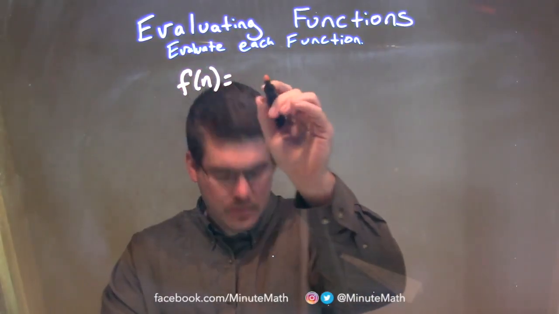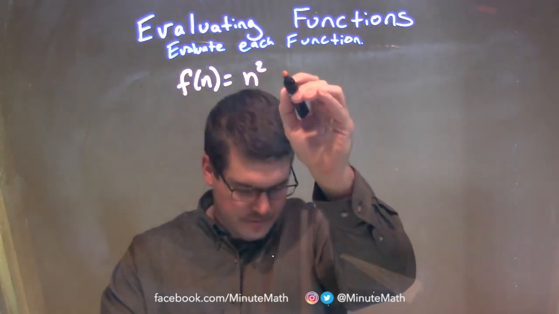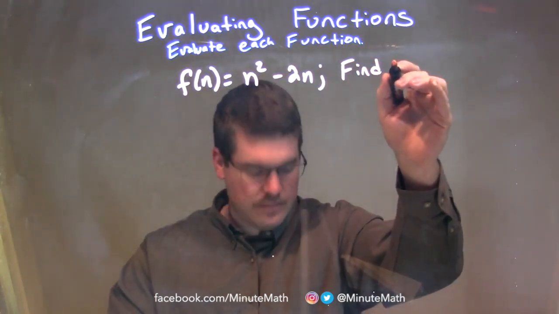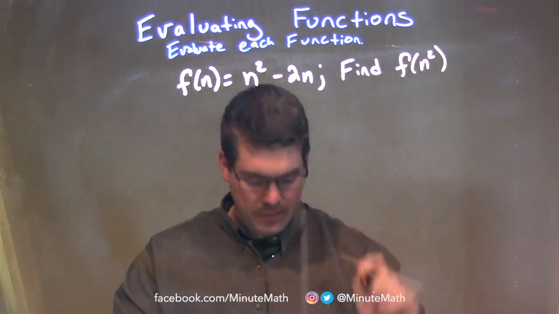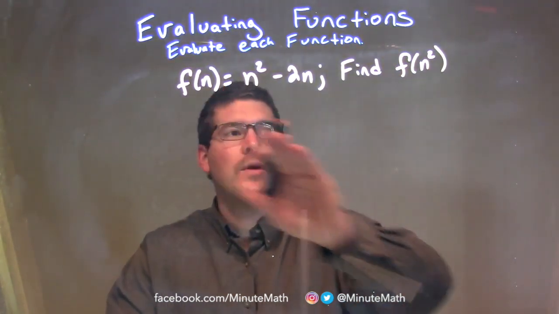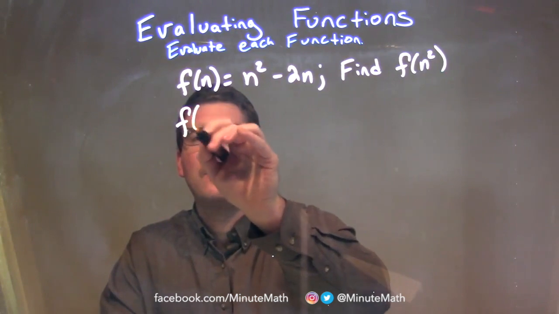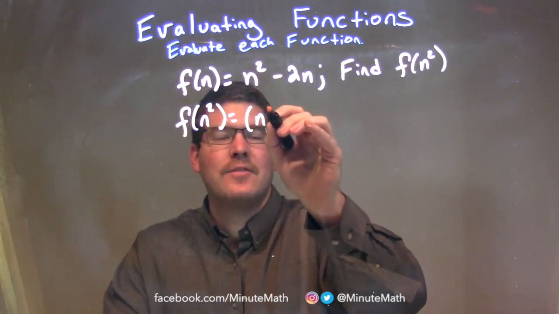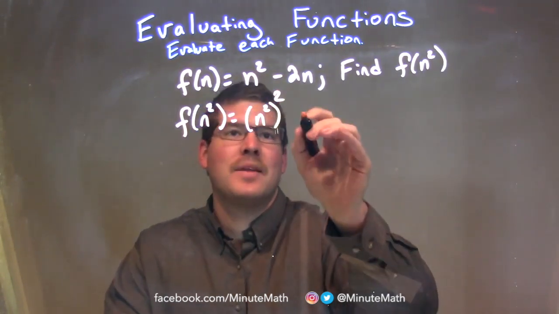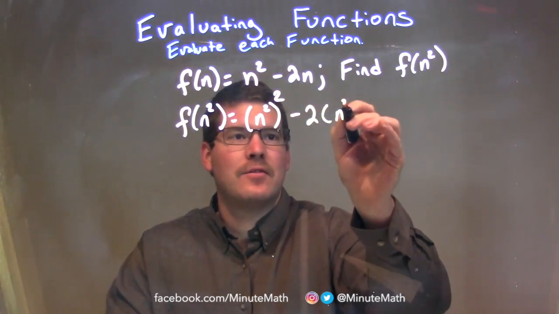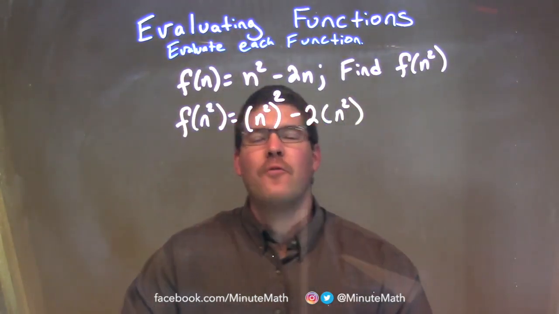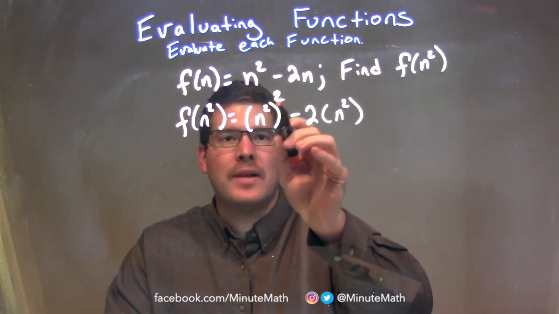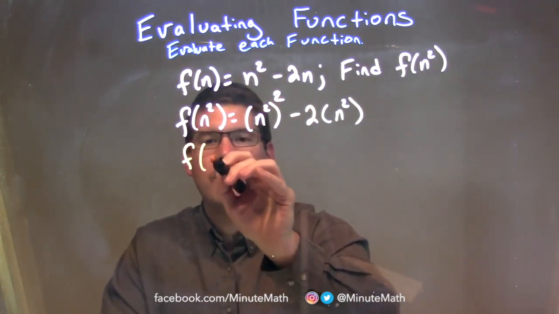F of n is equal to n squared minus 2n. And we need to find f of n squared. So what that means is every single time we see an n, we need to plug in an n squared. So f of n squared is equal to, now this gets tricky here, n squared, we're plugging in for n, all to the second power, minus 2 times n squared. Okay? Well, now when we're simplifying this, an exponent, all that to the exponent power, we multiply the exponents. So we have f of n squared